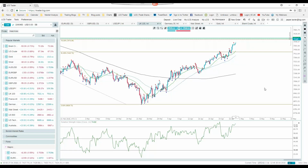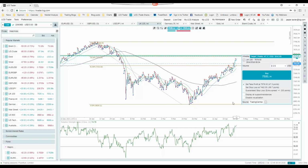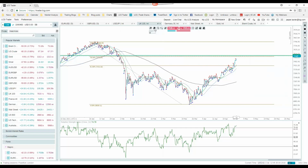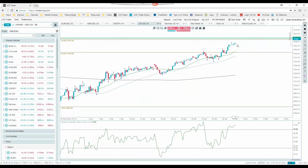So I would imagine that somewhere around this, which is also the 76.4% retracement you can see of this corrective leg that we've had, comes in at that area too. So that's a potential area of resistance. That being said, the trend is very much to the upside for the time being. We're well above the